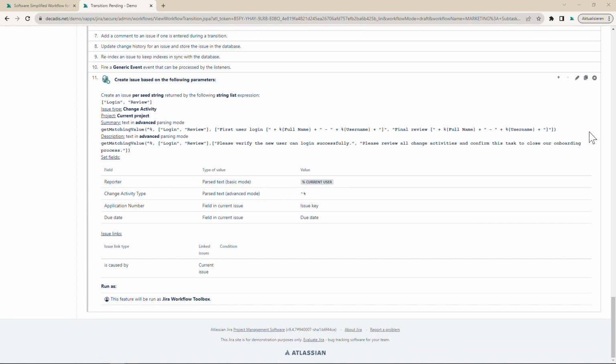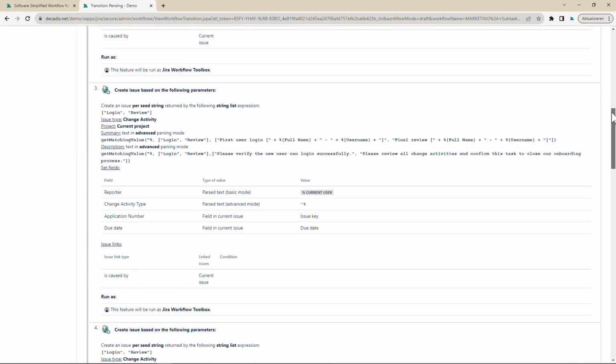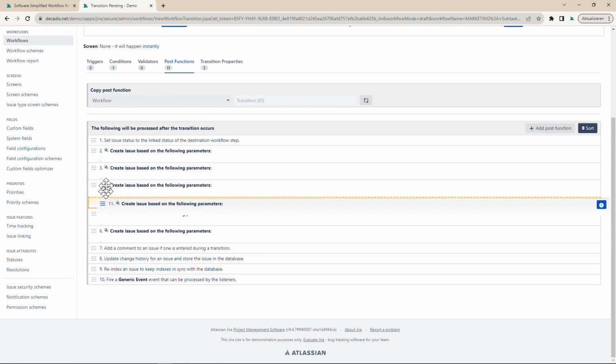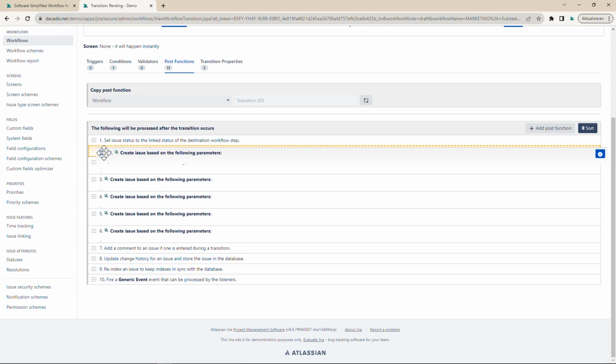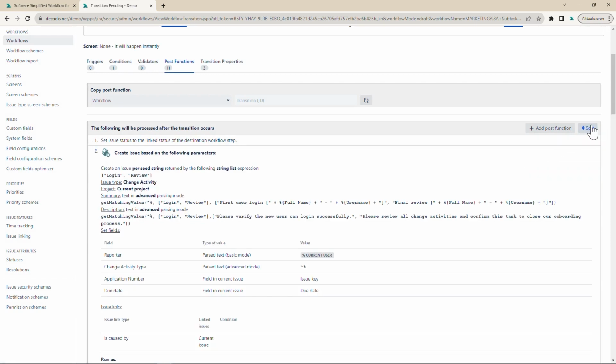You can just click the sort button at the top of the workflow, which collapses all configurations to give you a better overview. Then you can move the newly added post function to where you need it by drag and dropping it around. This saves you from moving it around step by step using the small arrow buttons that Atlassian provides. We added similar drag and drop to a few other places, but for now I want to stay in